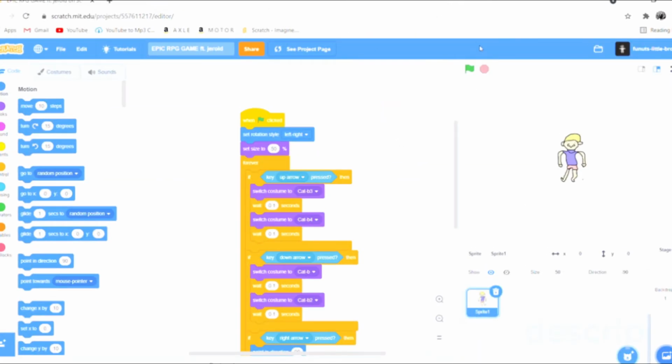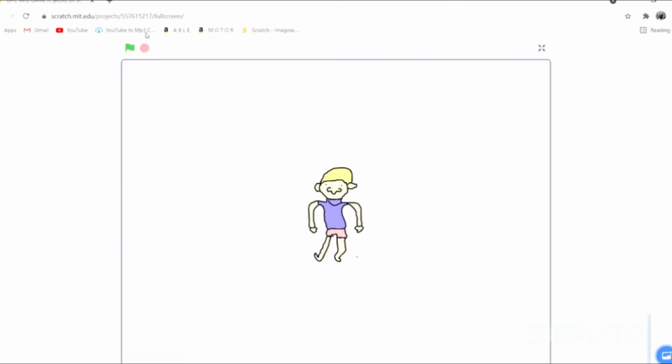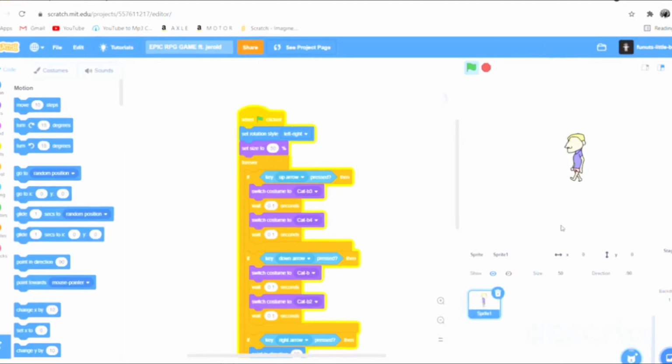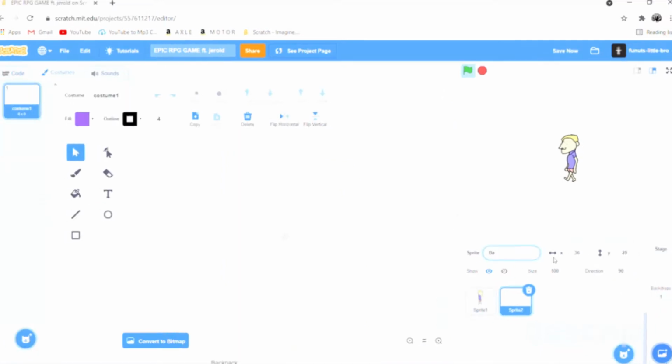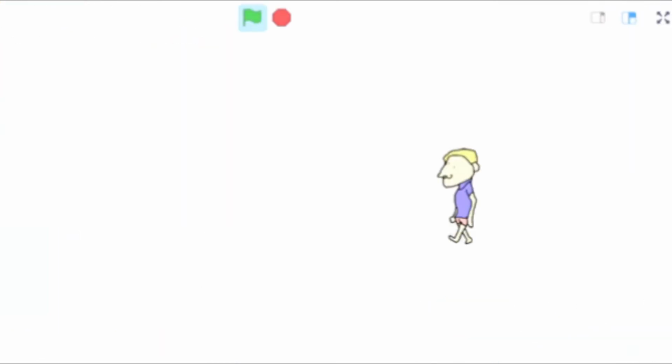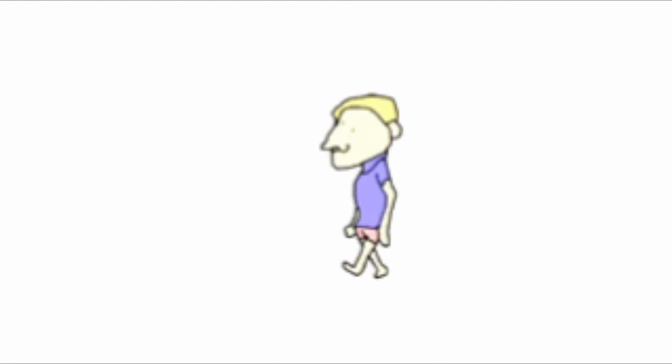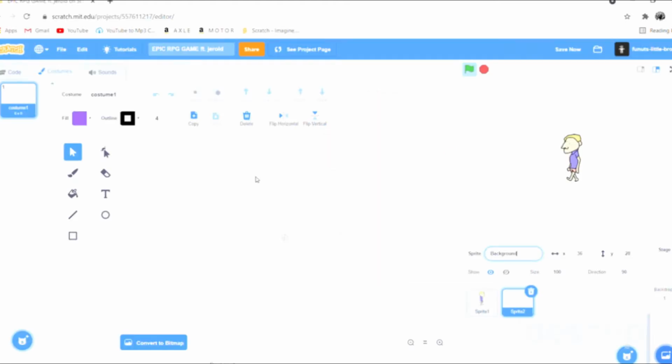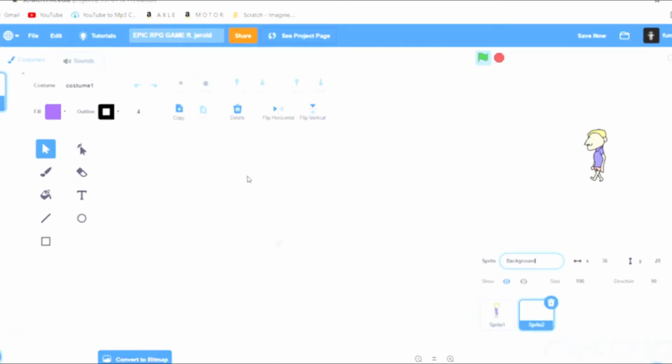Alright, so we left off with Gerald being able to walk in every direction. And now that we have that over with from the last episode, we should make the background. Now, I have a confession to make. I actually do not know how to do a scroller, like a proper scroller. And I know that might sound bad, but